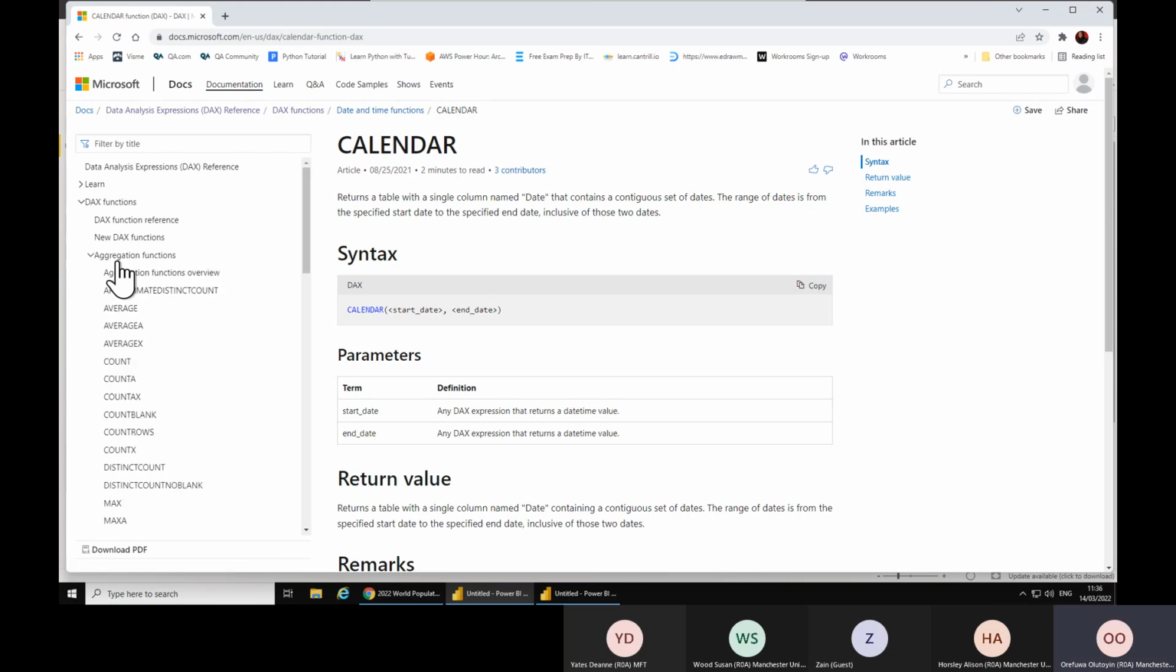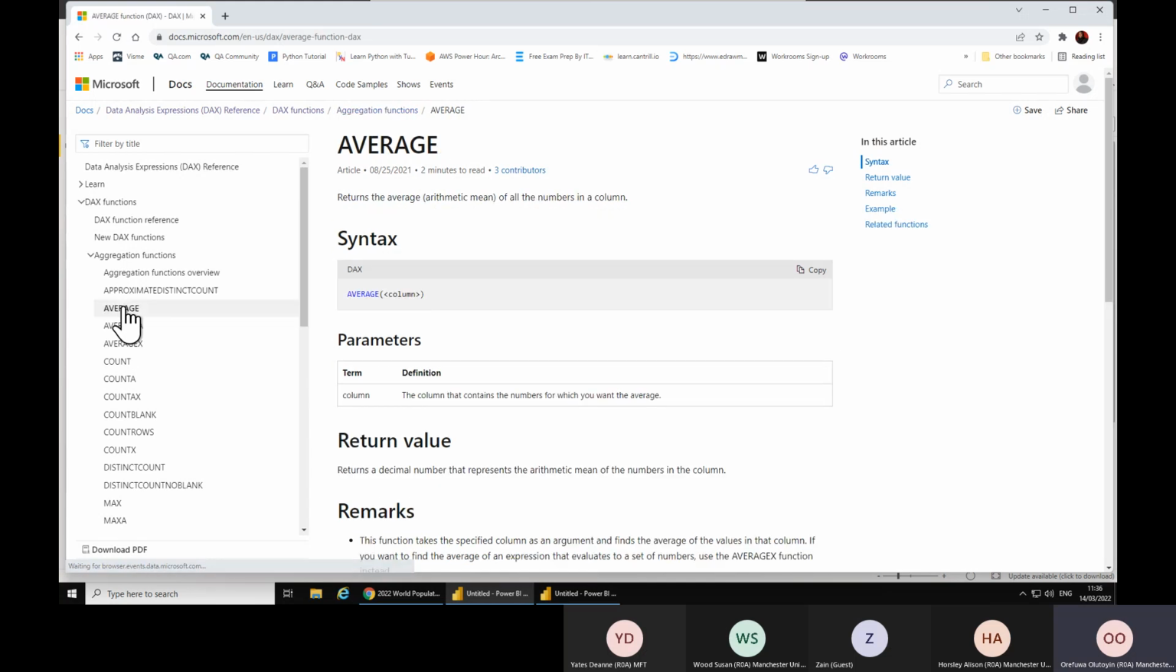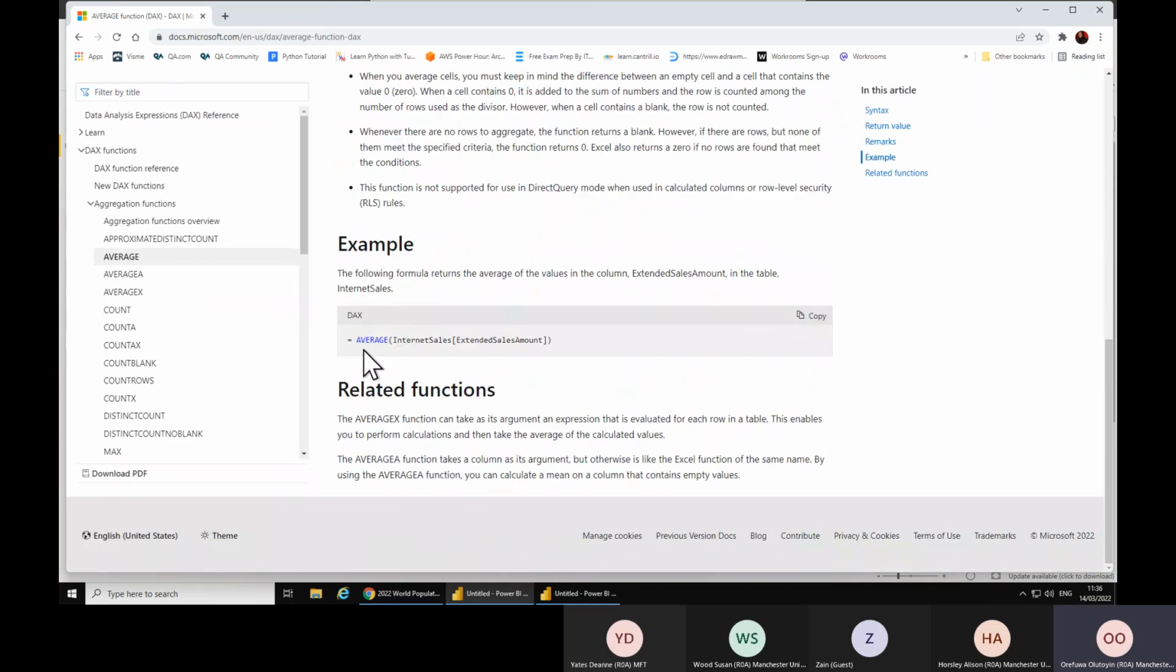So let's look at aggregation. Say we want to know average, for example. So average of a column, how do we use it? We apply that function, average, to the table called internet sales, for example. And then we're referencing a column called extended sales amount. All right. So let me just do a quick